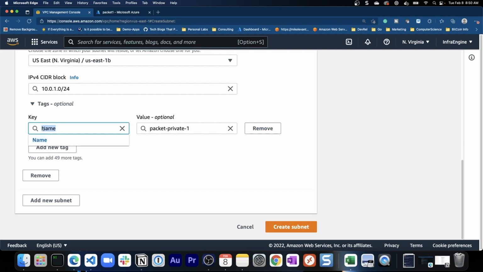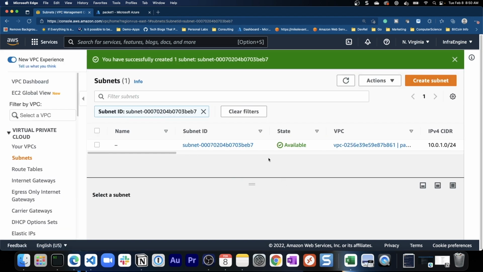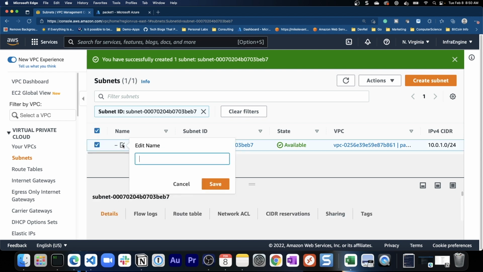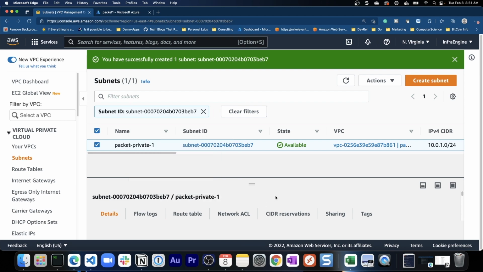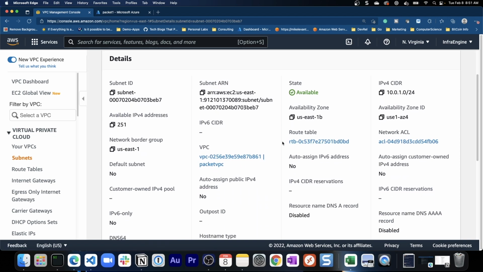So for the key, we can say subnet. And then for the value, we can say private 1. So we're letting everybody know, hey, this is a subnet and it's private. So at this point, we can click create subnet. And then now we have that subnet available. Looks like our name didn't save there. That's okay. You can say packet private 1. We'll click save here. And then if we click on subnet ID, we now see our entire subnet ID, including